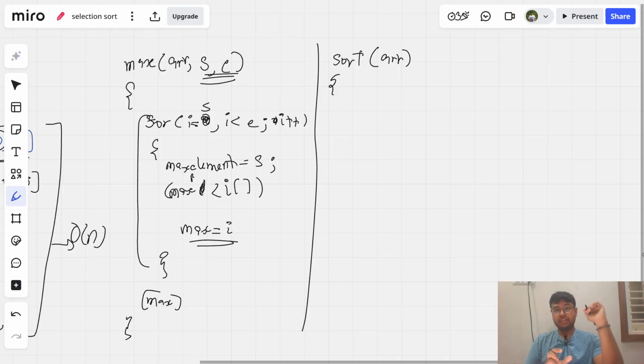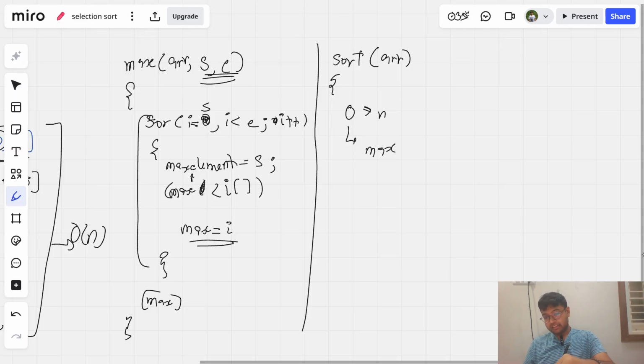The max function will always have variable lengths of ranges from which we are going to find the max. The main sorting function will run from 0 to n. It has to sort all the elements. It won't skip anything. The max function, that is where we are skipping the last element one by one every time it finds the majority element. Alright, so the sort function will run from 0 to n, and each time it will find the